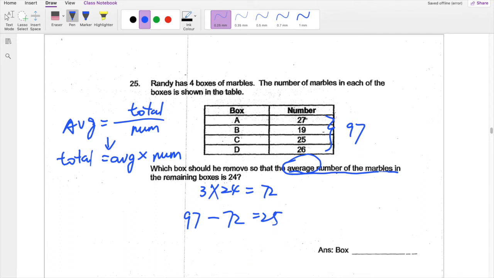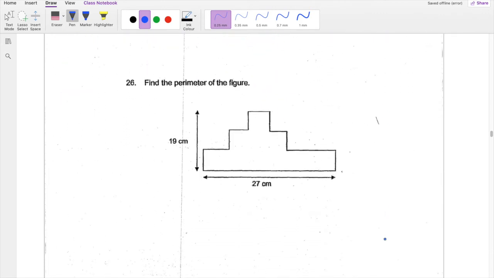This one is this one, right? So this one is what we remove. So the answer is box C, right? We cannot say box 12 to 25 here, right? Okay, question